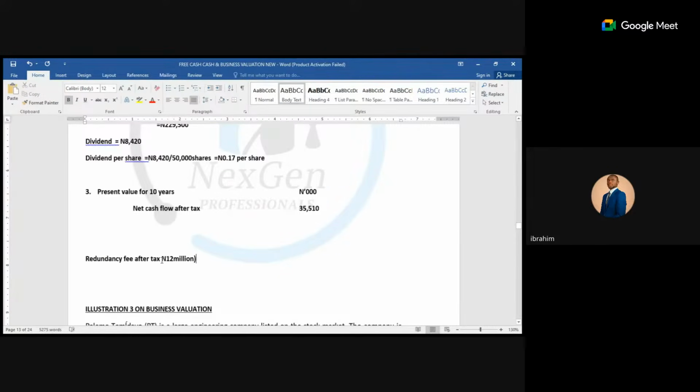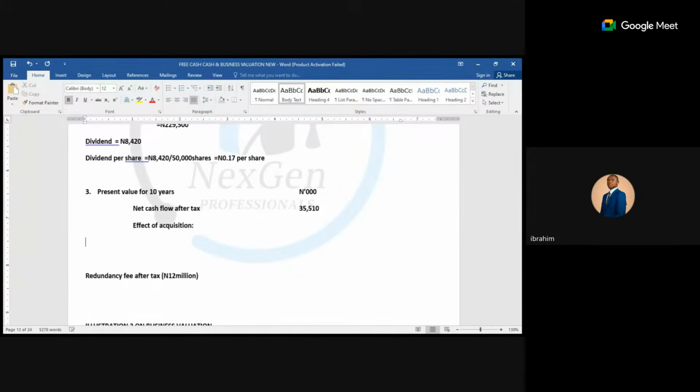This will be an outflow. Okay, I can have here effects of acquisition, right? Effect of acquisition. I will have to sign. Yeah, we have to sign. So pre-tax, because this is net. That is the reason why I didn't bring it here, because it is net, right? So now,